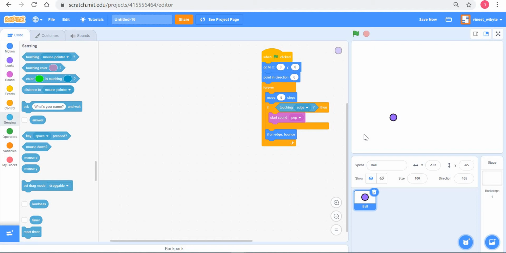So what I want you to do is to see, first, what this code does, and then we can start digging deeper into what direction really means. So let's see this code, right? In this case, as I said, the ball hits the edge and then bounces off, right? And that's all it keeps doing, because that's all we are telling it to do. Forever move 5 steps, play the sound if on the edge, and then bounce back, right? Now the question is, how do we control the direction in which this sprite is going? So ball, remember, is a sprite.